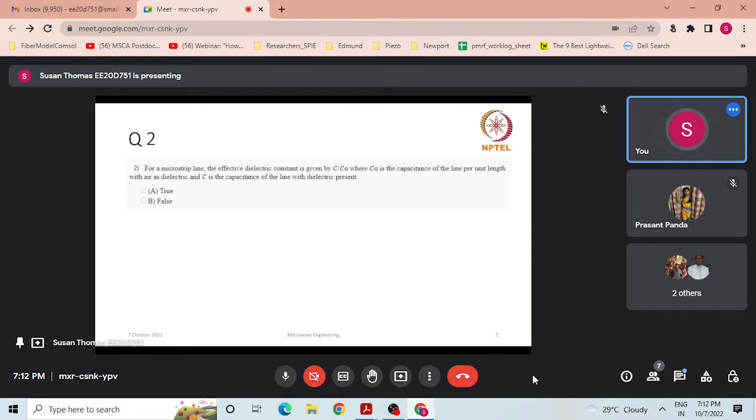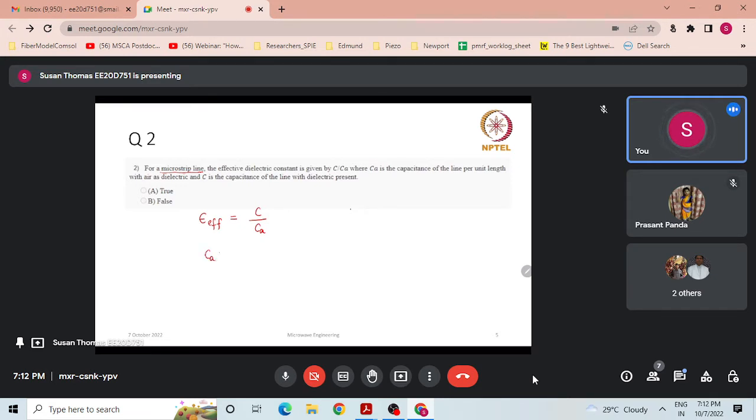Okay, let me read this question. This is again a true or false question. Let us read the statement. For a microstrip line, the effective dielectric constant, epsilon effective, which is not equal to epsilon r, please note that point, is given by C divided by Ca, where Ca is the